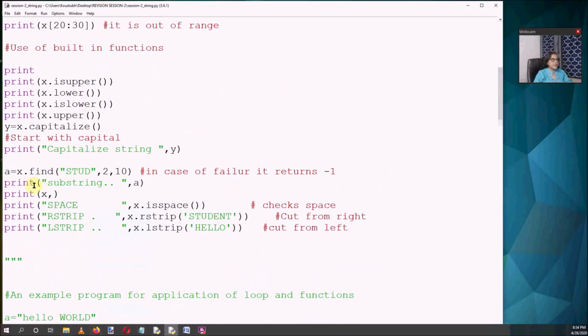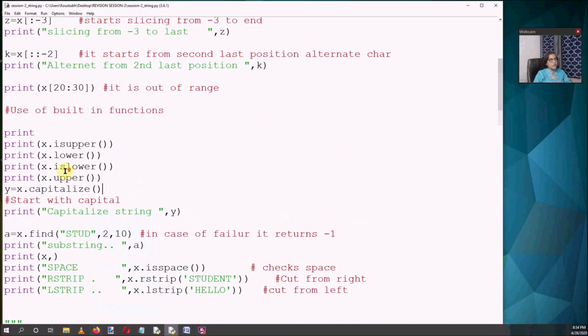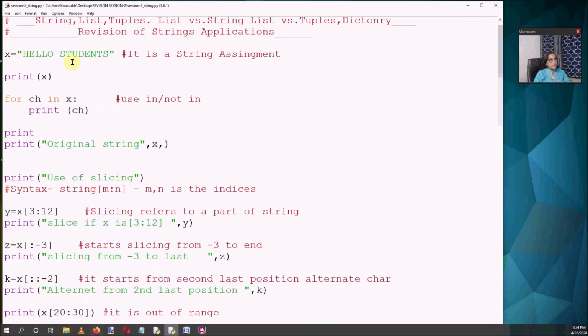Now next, check the find function. The find function is also a very nice function. If you want to find any substring, do you know the meaning of substring? A small part of a given string is called a substring. Suppose your main string is hello student. Now I want to find a substring, any part you can find.